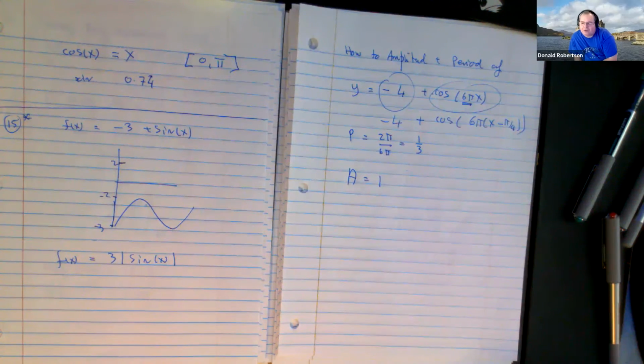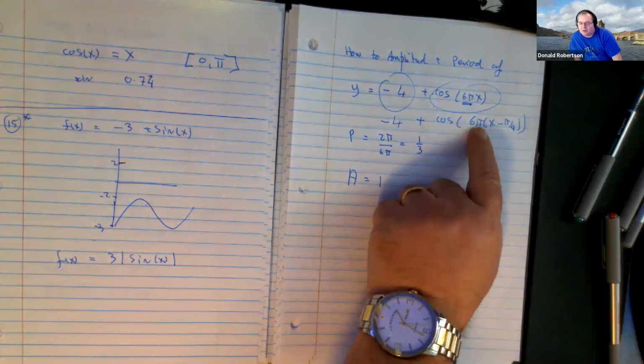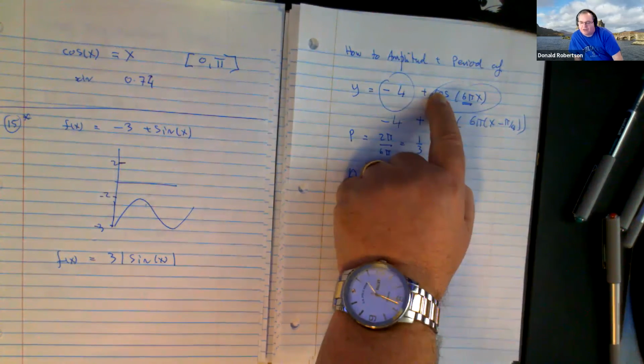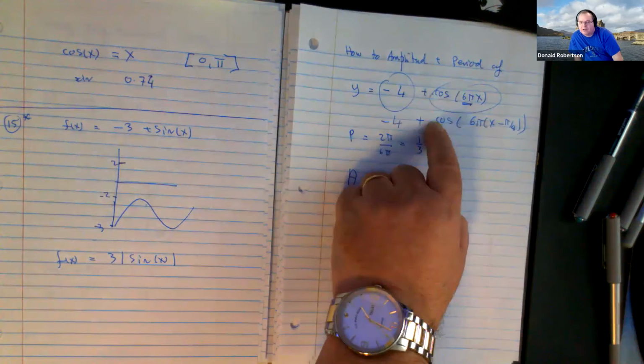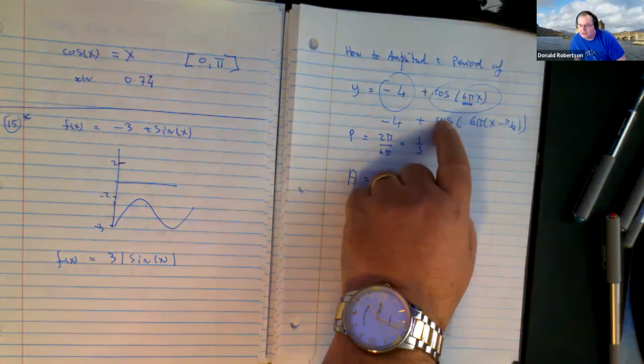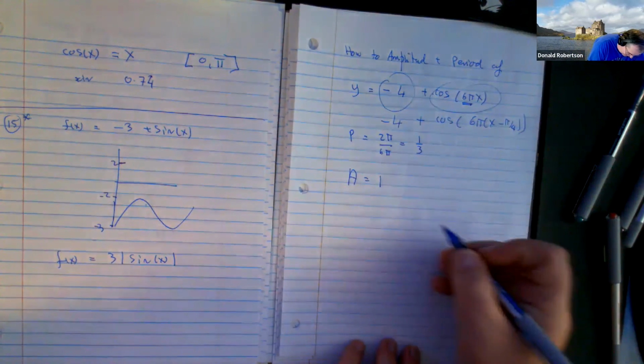Would you agree the amplitude doesn't get affected by numbers like this? It doesn't get affected by numbers in here. Isn't the only thing that you need to look at, even if it's ugly looking, the number, the coefficient as we call it, next to the sine or cosine? That's the only guy that's going to help. Or to make this a little bit trickier, right? So that's just a little special case. How about